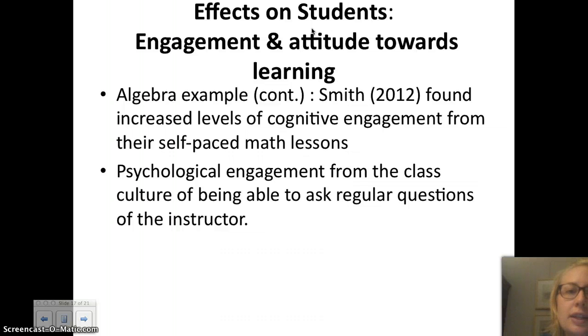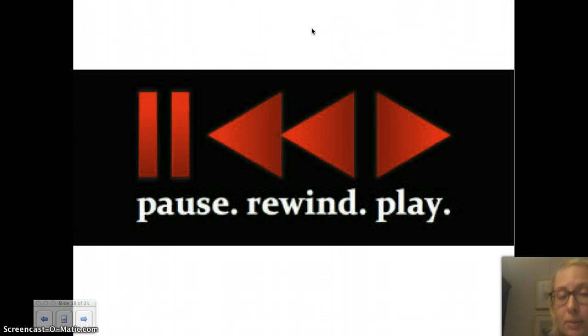Another effect on students is that their engagement increases and so does their attitude. Thinking back to that same algebra example, Smith found an increased level of cognitive engagement because students were pacing their own learning. Also, an increased psychological engagement because they were able to ask questions of the instructor more often.